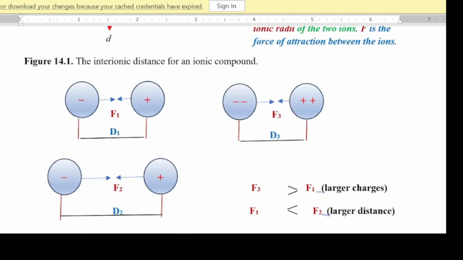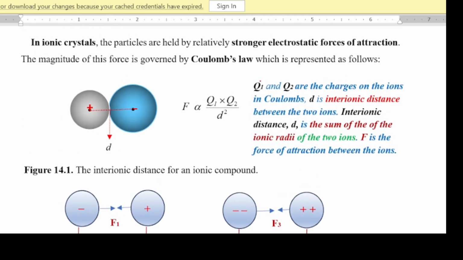What Coulomb is saying in his law is that the force of attraction between two oppositely charged species, it can be on anything, and their charges are positive or negative, is proportional to the product of the magnitude of the charges, but is inversely proportional to the distance squared. If these charges become greater and greater, it means that the force between them will be greater. But if you increase the distance, the force of attraction with them will decrease, and we did that already,